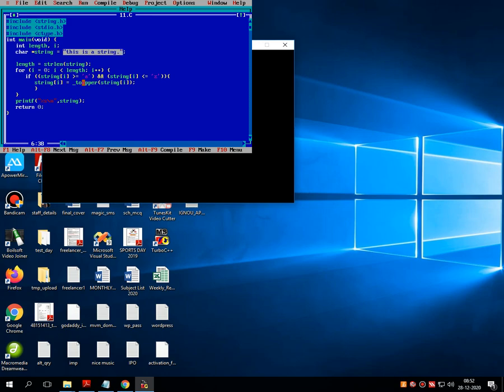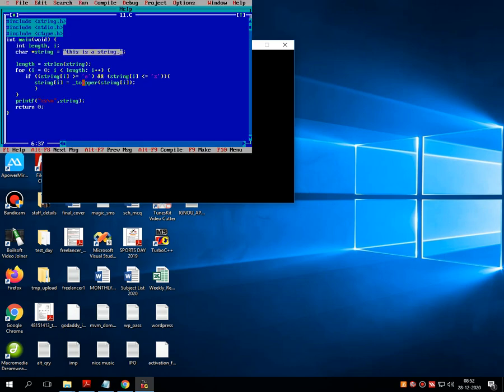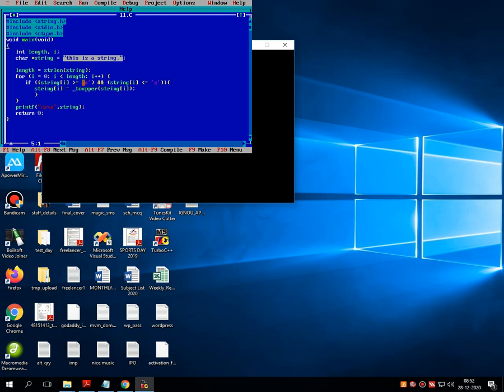Actually this string is given in lowercase, but this particular program converts the entire string to uppercase. So write down the definition for this particular program and note it down in the journal. Write a program to demonstrate the use of the toUpper function.